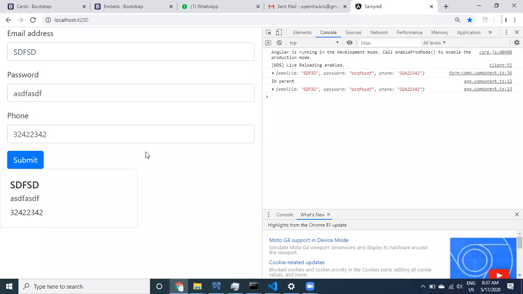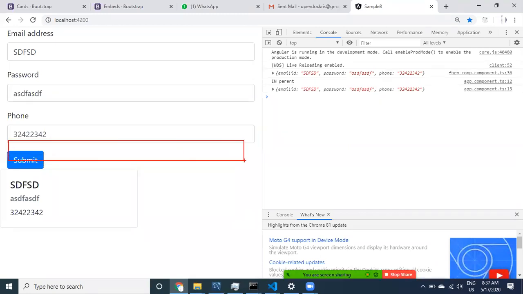If I add one more property into the form, I need to provide another text box. Here I have to copy and paste the URL of any image from the internet, whatever image you like. You can take that image URL and provide it here, so that information is going to get added into the JSON.